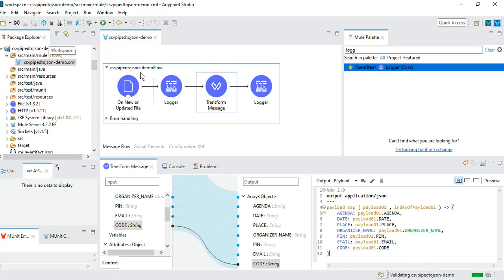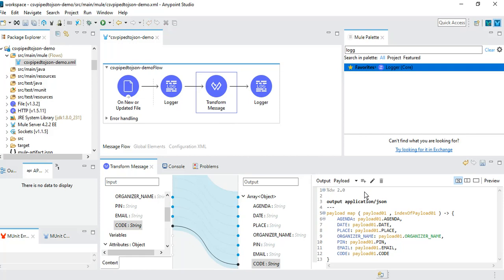Now you have to tell your transform message also that the delimiter is not comma, but pipe. So here you need to add one line specifying that. So what is that one line? Input payload application/json application/csv.